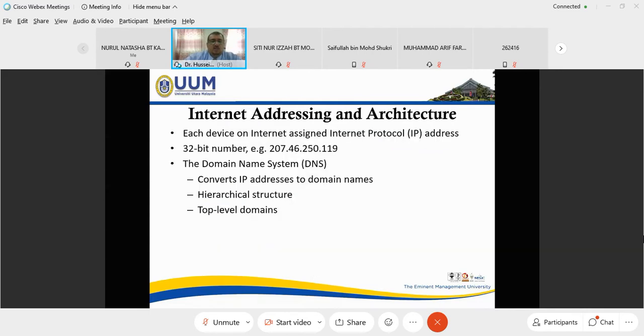An IP address is, for example, a 32-bit number, like 207.46.250.119. This is an IP address, but it doesn't appear as this number. It will change to the domain name. I mean, the domain name system will convert this IP address to a domain name.